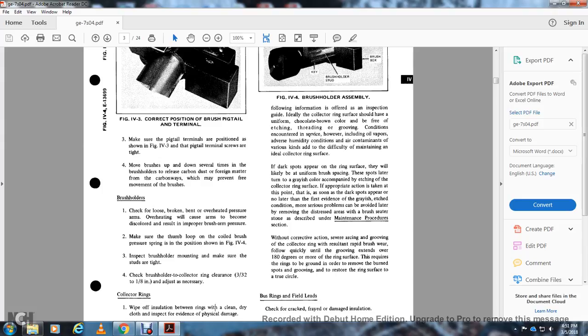If appropriate action is taken at this point, soon after the dark spots appear and no later than the first evidence of the grayish etched condition, most more serious problems can be avoided later by removing the distressed area with the brush, cedar, and stone, as described under the maintenance procedures section. Without corrective action, severe arcing and grooving of the collector ring with resultant rapid brush wear will follow quickly until the grooving extends over 180 degrees or more of the ring surface. This requires the ring to be ground in order to remove the burned spots and grooving and restore the ring surface